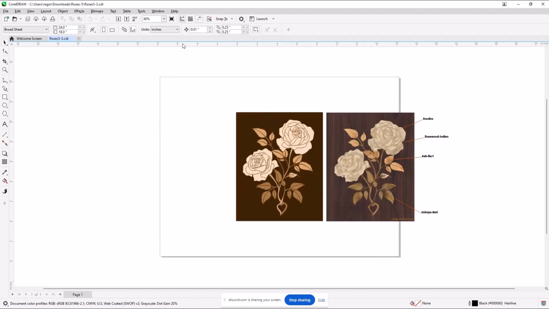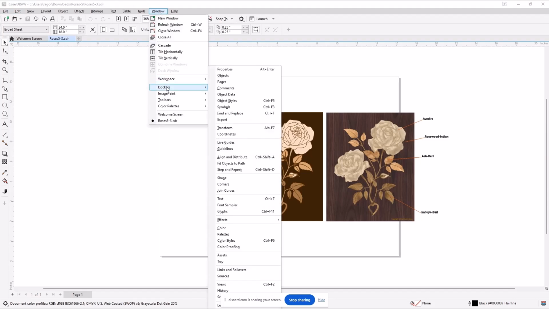If I also look across here, I have the nudge here that I could specify and a few other odds and ends. But the point I'm trying to make here is things are stashed with the right click, if all else fails. The next step to get the working environment that we need for this example is you need to go to Windows and check on Dockers.